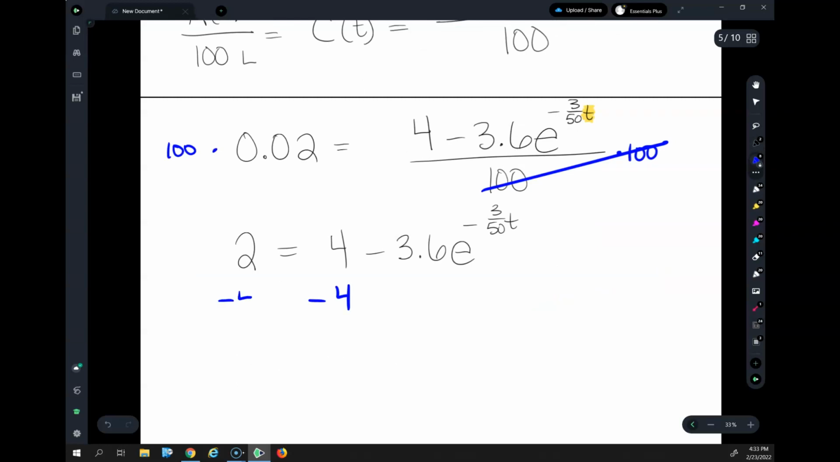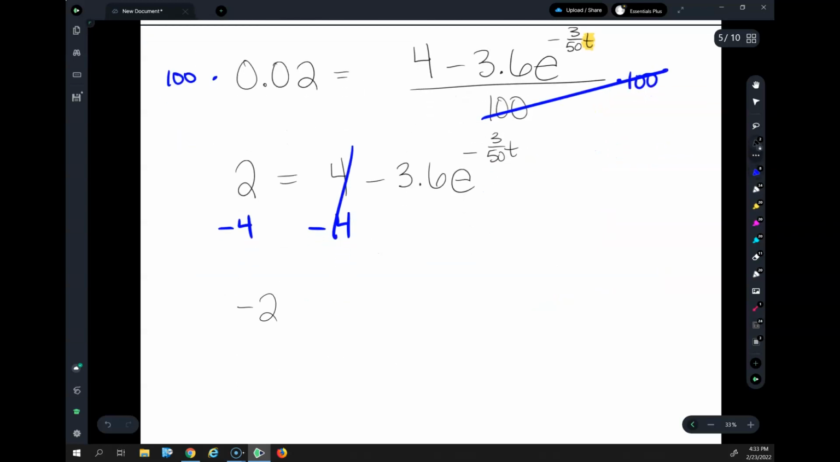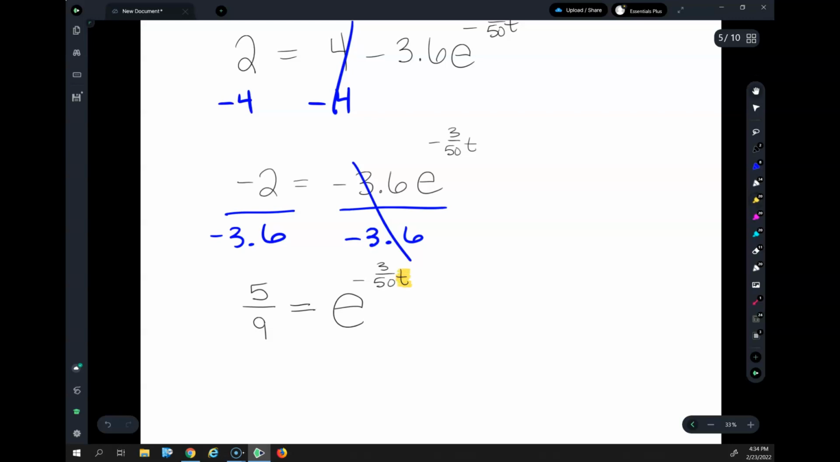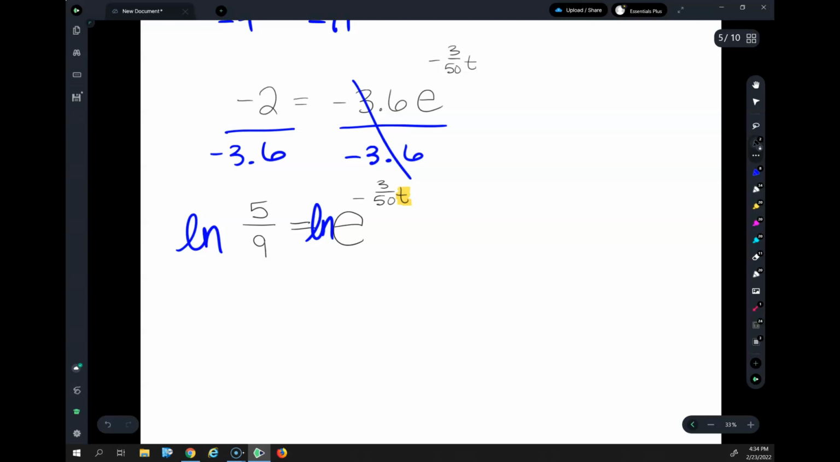Next, I'll subtract that 4 over, and when I do that, I get negative 2 is equal to negative 3.6 e to the negative 3/50th t. Then I'll divide by that negative 3.6, and this comes out to be a repeating decimal, so I'm just going to put the exact equivalent, which is 5/9, is equal to our e. So now we're at the dilemma where we need to get that t out of the exponent. We can't really do anything further because it's up in the e. So our next step is to take the natural log of both sides. So we want the natural log of 5/9, and I get